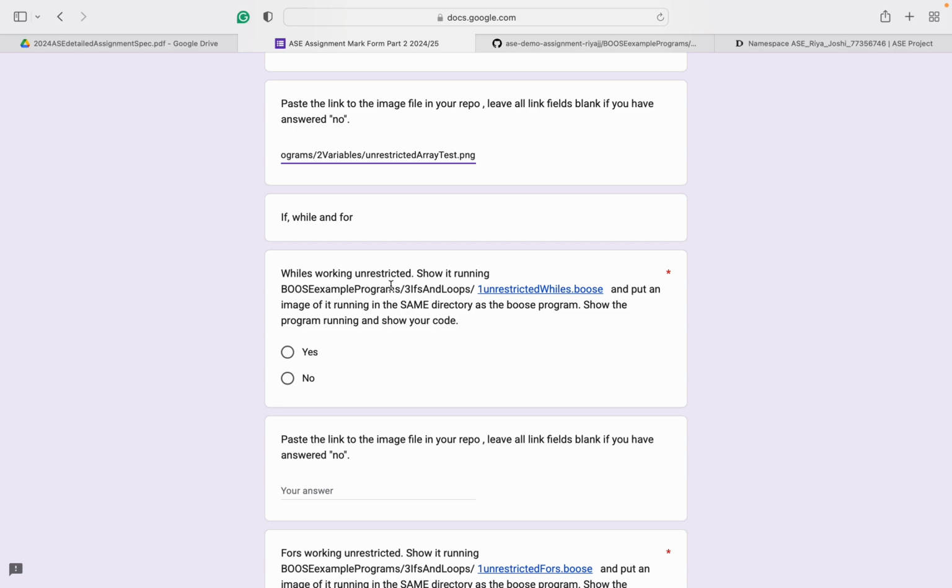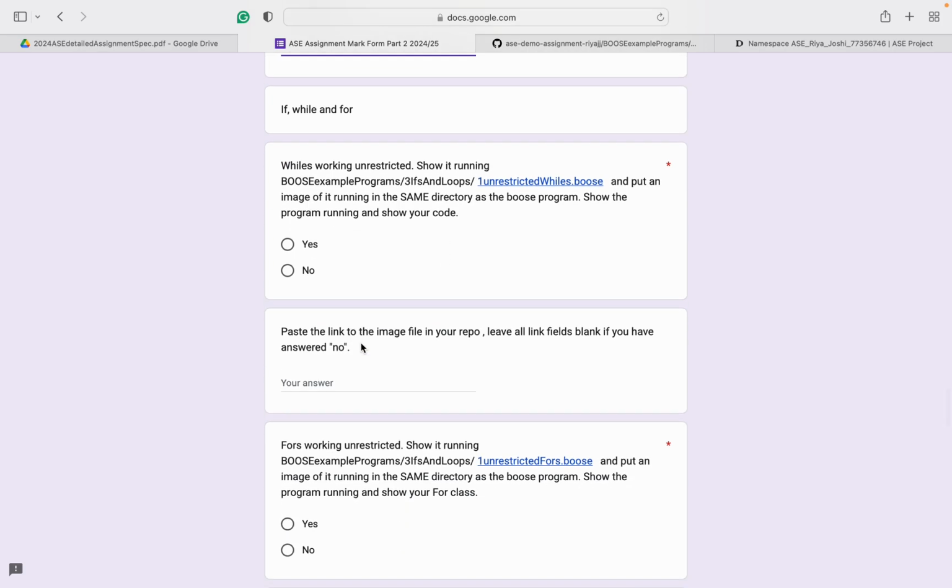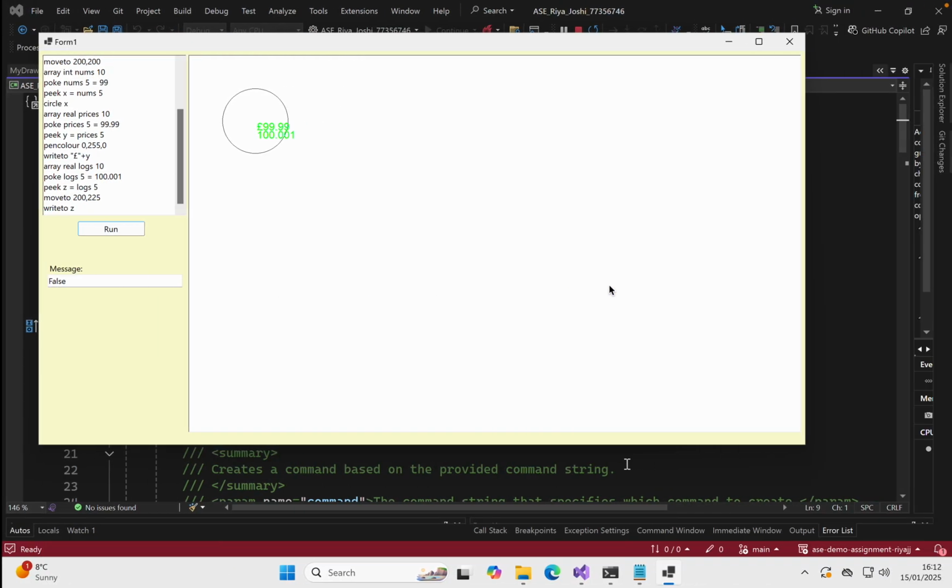So moving on, we have if, while, and for. While it's working unrestricted, show it running and put an image of it running in the same directory as the Booz program. Show the program running and show your code. So now moving on to while.